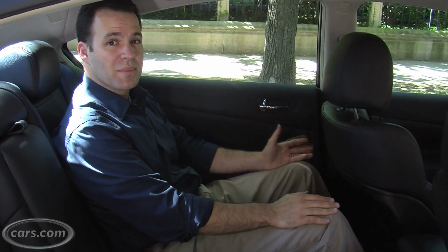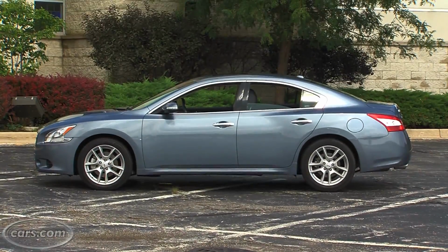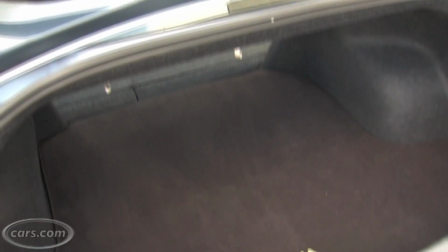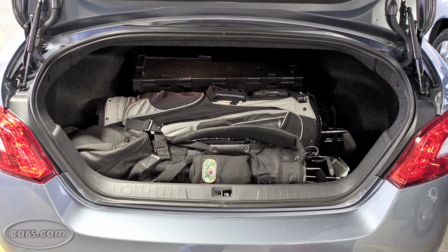And I tell you what, I've been in the back of a Ford Taurus, and it's not that comfortable. You get all this space despite the fact that the Maxima is a foot shorter than the Taurus. Now where you lose out though is in the trunk, where the Maxima is 6 cubic feet smaller than the